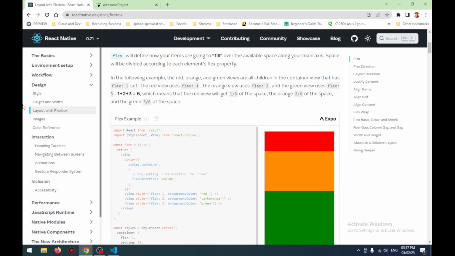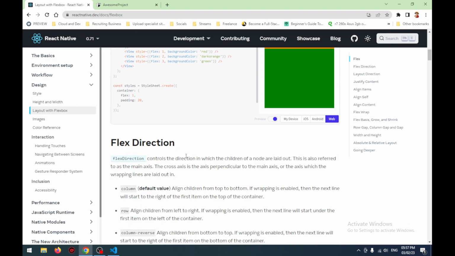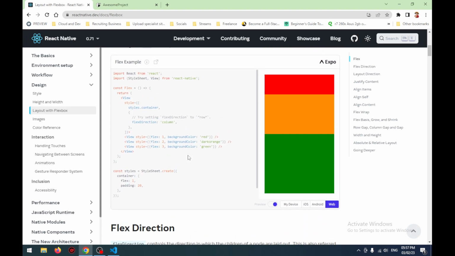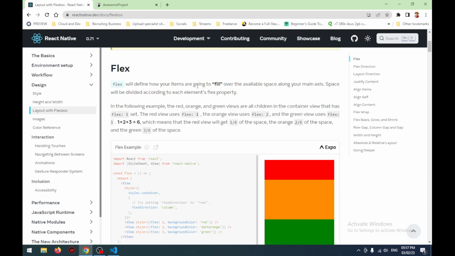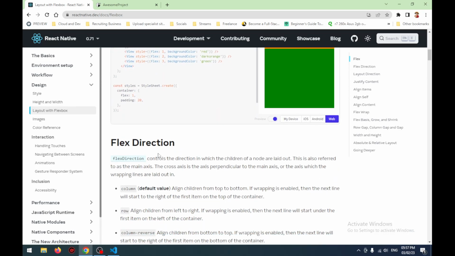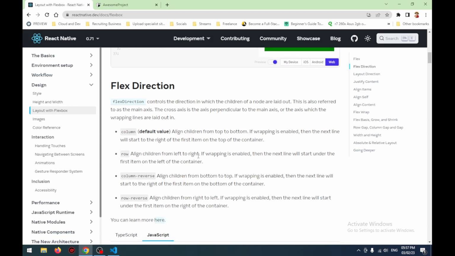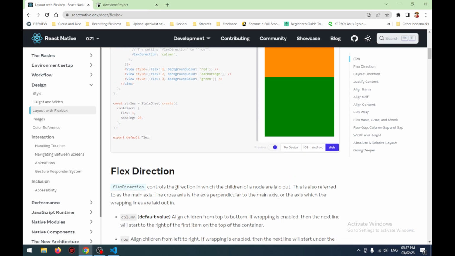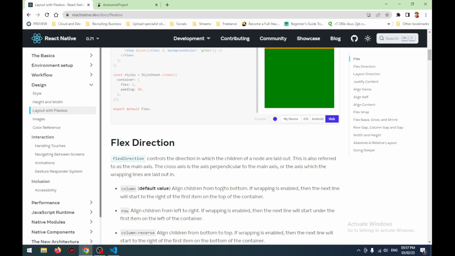Didn't I just say that in the previous one? Dude, once again, I'm getting sucker punched in the face. I just explained something and they just put their explanation at the bottom. It's alright that I'm understanding it a little bit, but still. You should mention this in the earlier one, not the later one. Anyway, column default, align